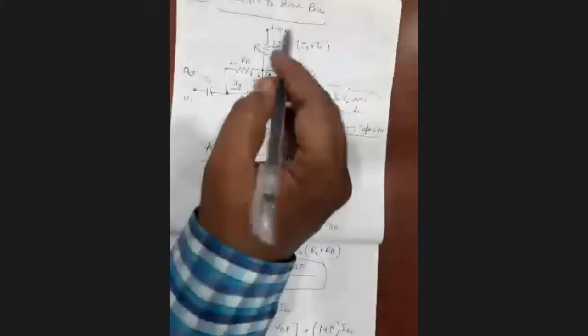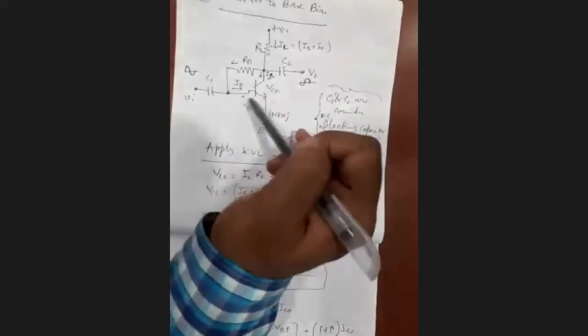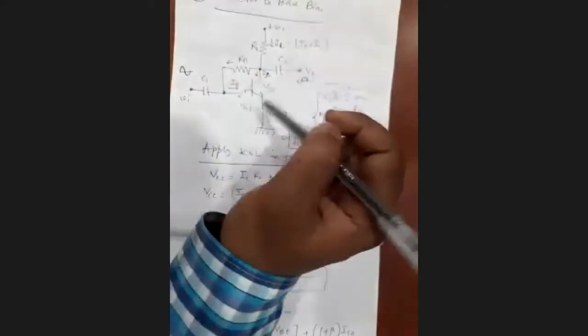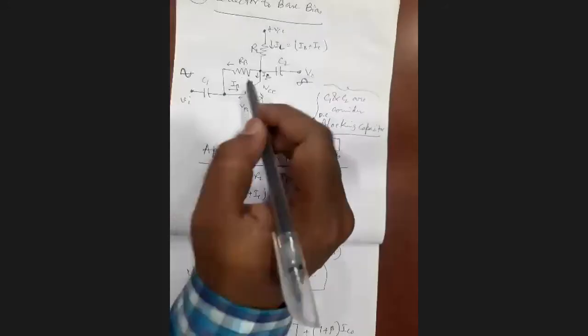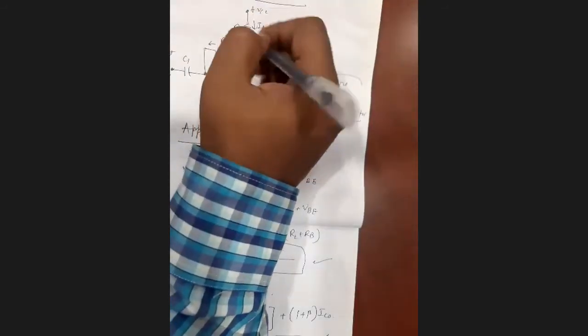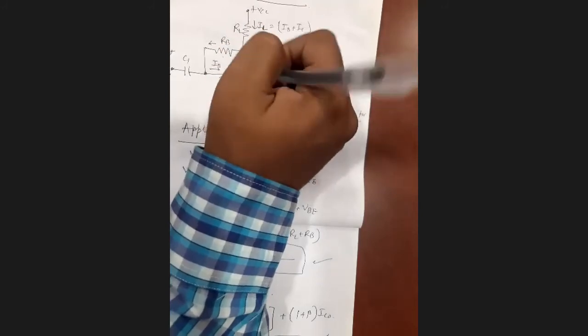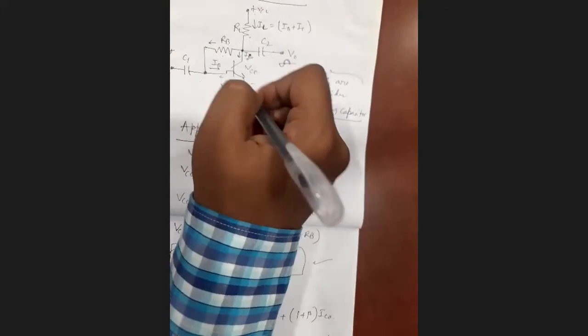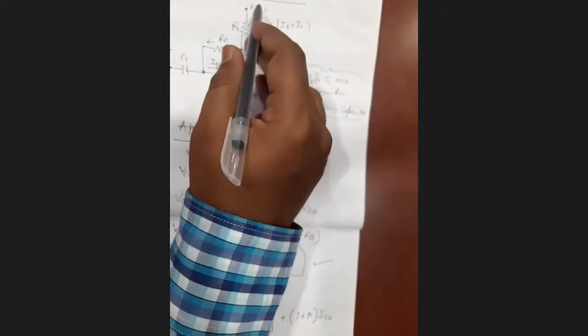From this circuit, we can easily find out the output voltage or VCE and IB, IC, by applying Kirchhoff's voltage law in the forward loop. And if we know the IB value from here, we can easily evaluate the numerical value of IC. So if we know the value of IC, then again we apply a forward loop in this path, the KVL, that is VCC equal to IL into RL plus VCE equal to 0. So in that case, VCC minus IL RL.